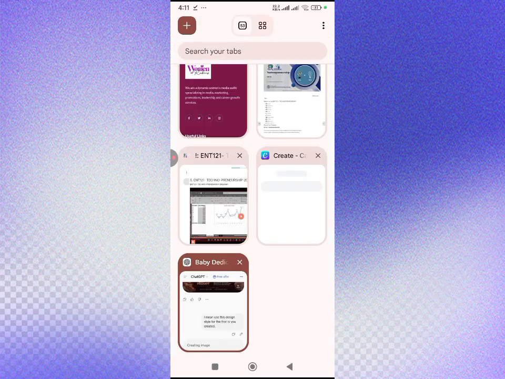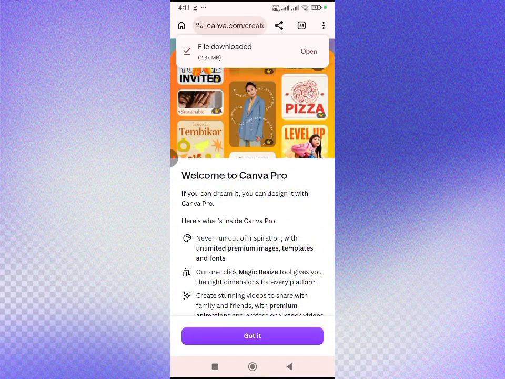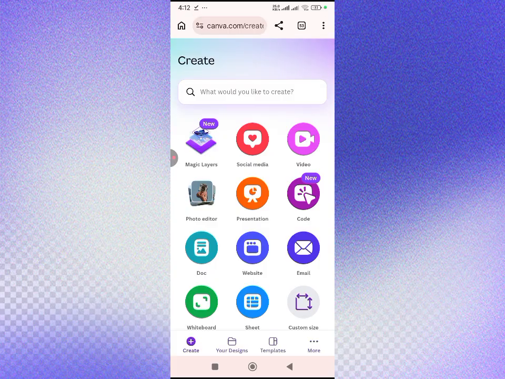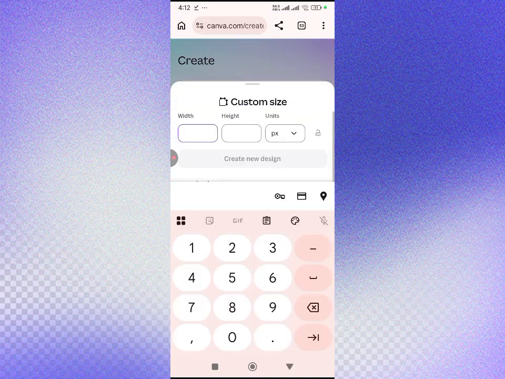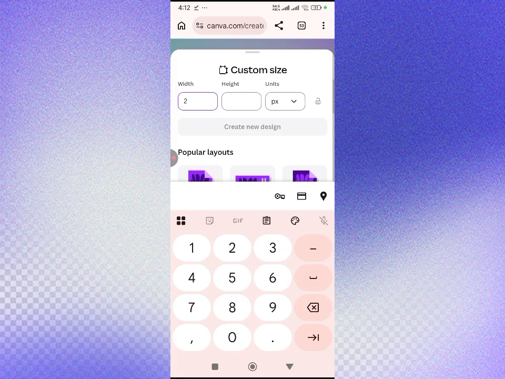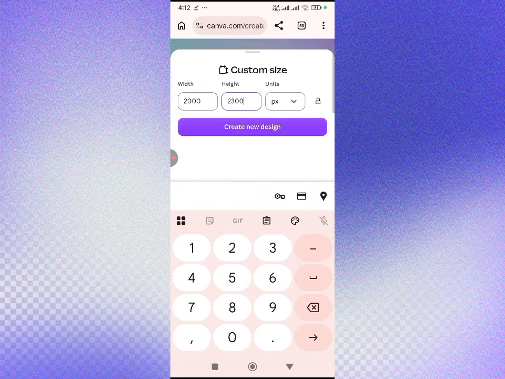So here at Canva, I'm going to, oh, they're inviting me. Okay, so I come here to my create site, my custom site, and then remember I told you to use 2000 by 2300, right? I'm going to click on create a new design, and then it will open the design for us, as you can see right here. So the next thing I want to do is to upload the design that we've already done, that ChatGPT has done. Go to upload,